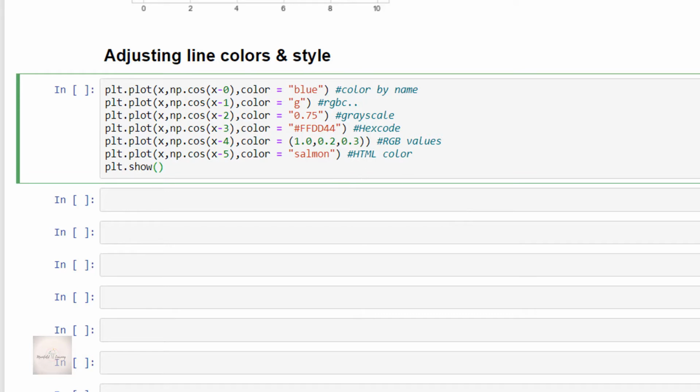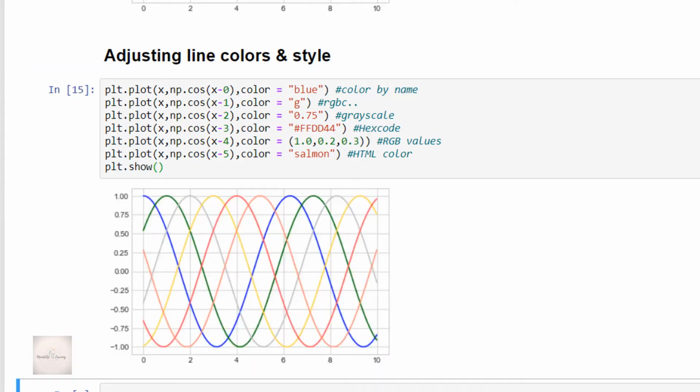Fine. Now let me execute this code cell. See, we have got blue color, green color and all the other colors which we have specified in different ways. Got it?